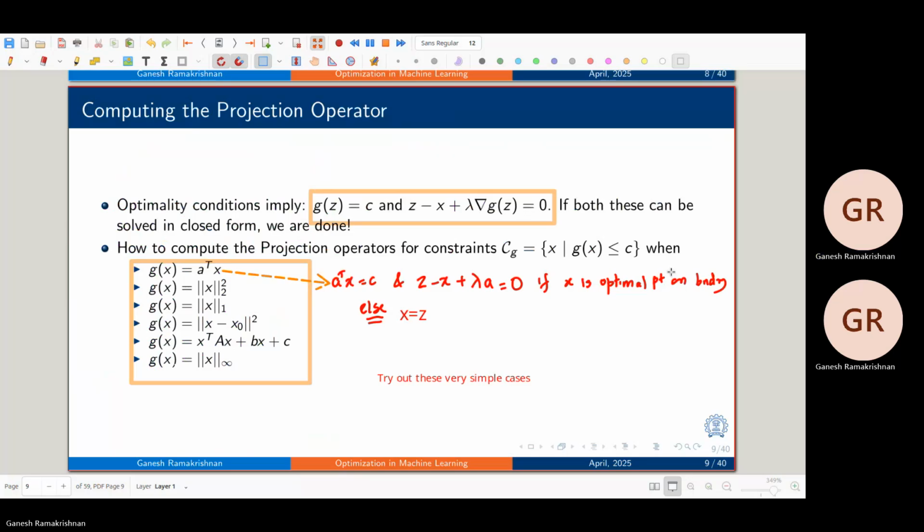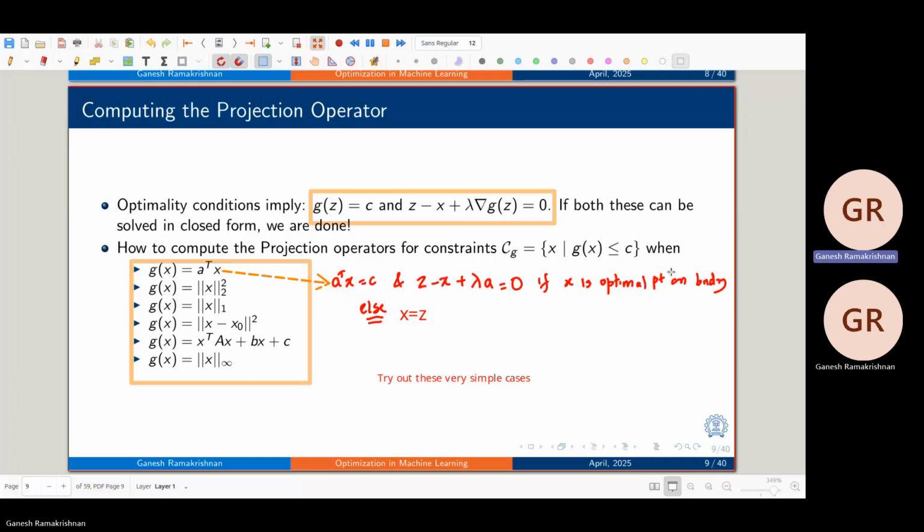If g(z) is A transpose z, which means the constraint was A transpose z less than or equal to C, then either A transpose z equals C, and lambda is greater than 0, so that z minus x plus lambda A is equal to 0, the gradient of f plus lambda times the gradient of g, which is A. If z is the optimal point on the boundary, else